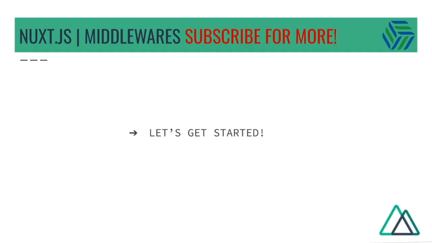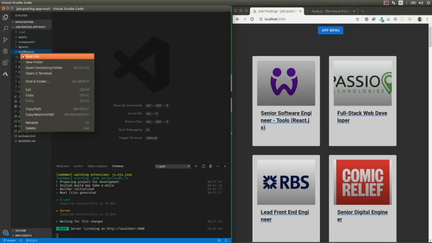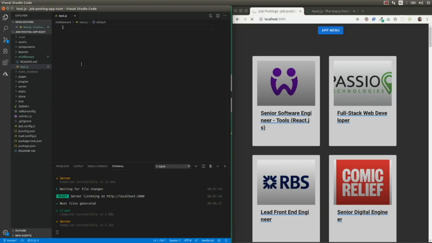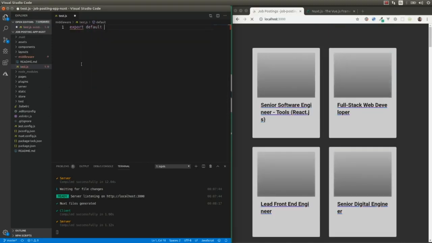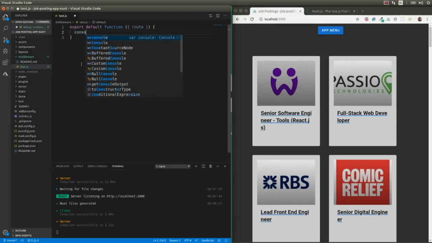And now let's jump into Visual Studio Code. Okay, so I'm going to create a new middleware, a test middleware within the middleware folder. I'm going to create a new file. Let's call it test.js. And I'm going to create a really simple function, export default function, where I'm going to receive the route that we are accessing on the application, route, and I'm going to log a message and the path within that route. So console.log,